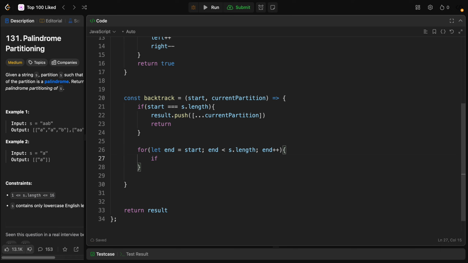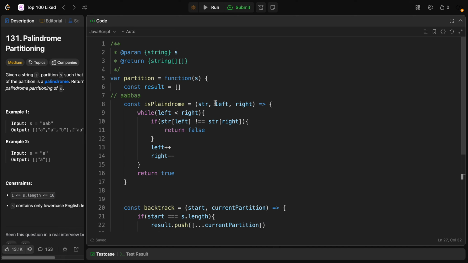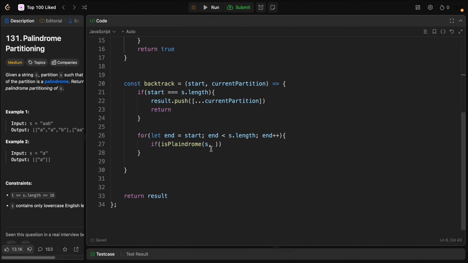I'll make an if statement again here. I'll say isPalindrome to check if this string is a palindrome, and I'll put the string, and we have left and right, which I would say are start and end. So I will put the start, and the end will be our variable that we specified in the for loop. And if it is a palindrome, we will push it to the current partition. So I say currentPartition dot push, and I will put